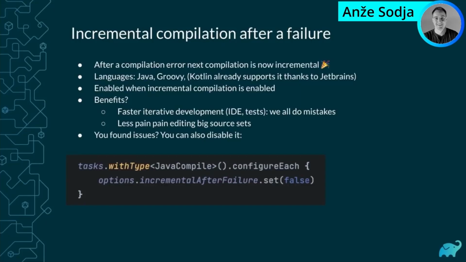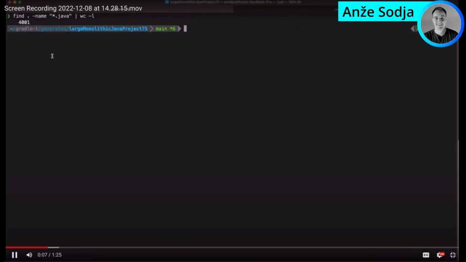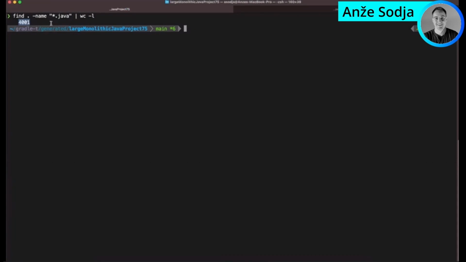With this release, incremental compilation now works also after a failure. This is implemented for Java and Groovy, and Kotlin already supports that from before, thanks to the JetBrains team and Kotlin team. Here we have an auto-generated project with